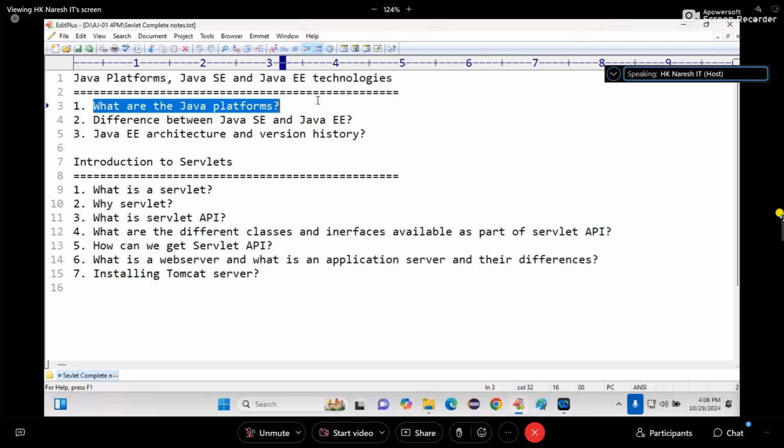If we want to develop the same project as an internet application, we should use only Java EE or Java SE plus Java EE. So what is provided by Java SE and what is provided by Java EE? Java SE provides language plus API plus technologies, whereas Java EE provides only technologies. It doesn't provide language.